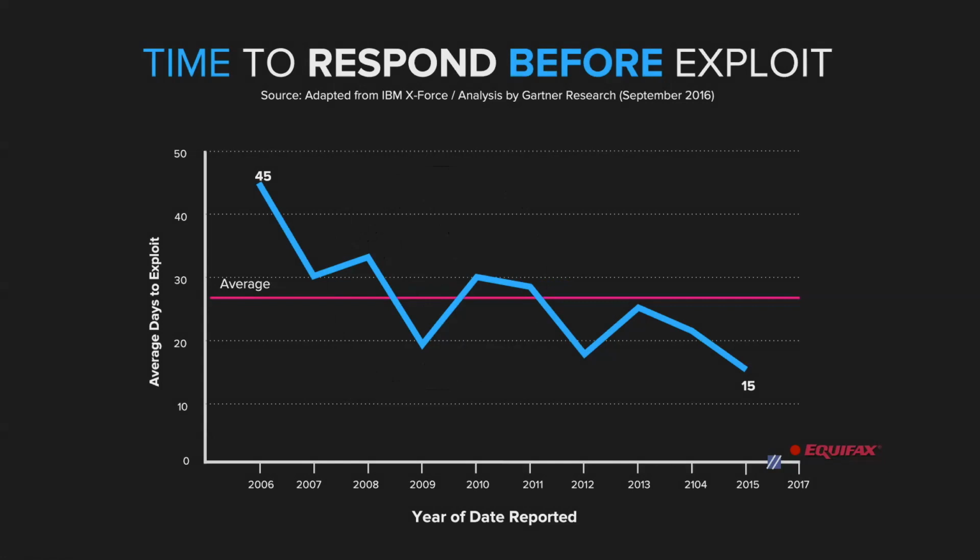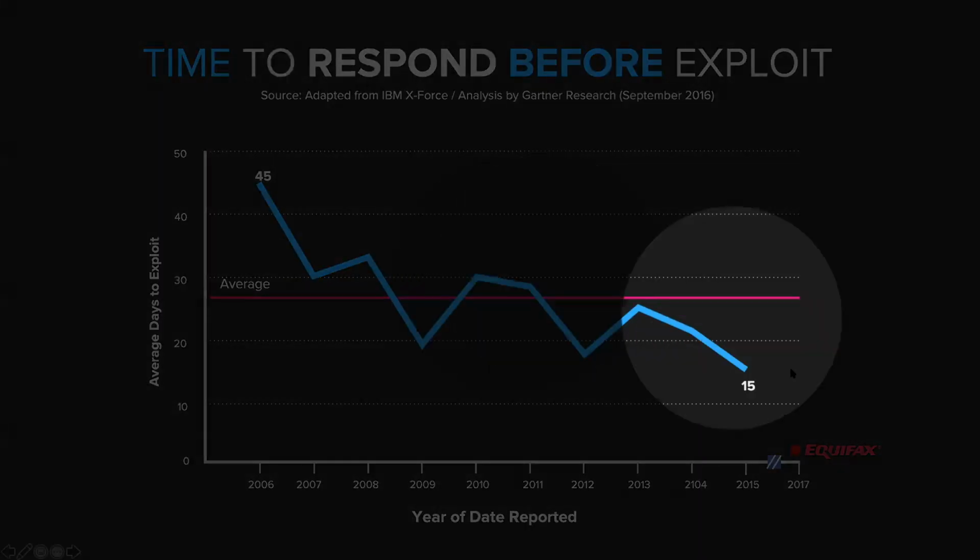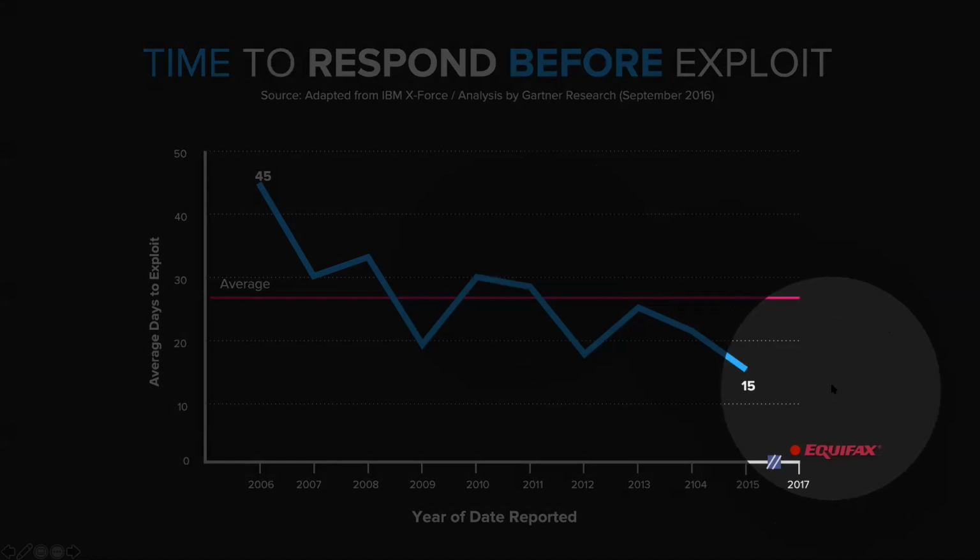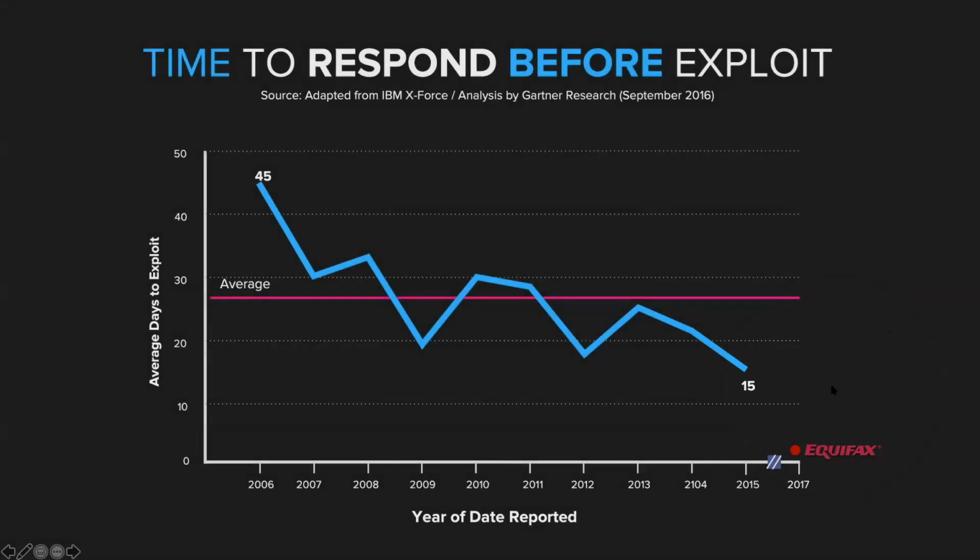But actually, with these type of attacks, the Equifax attack as an example, that was only 3 days after Apache made a fix to the library. Equifax were actually breached. So the time to respond is getting lower and lower all the time. And with these open source attacks, we often see within a day or two example code being published on GitHub of how to go and exploit a vulnerability. That's really not uncommon now.